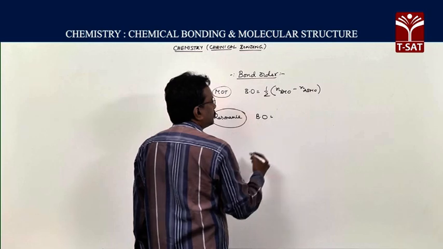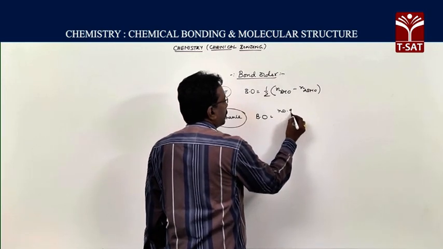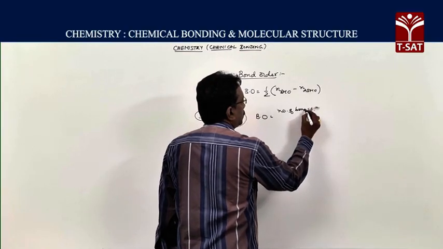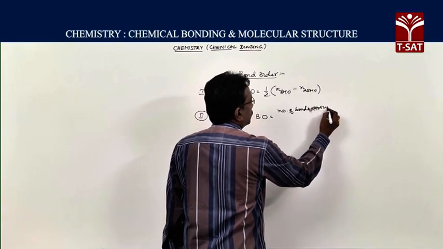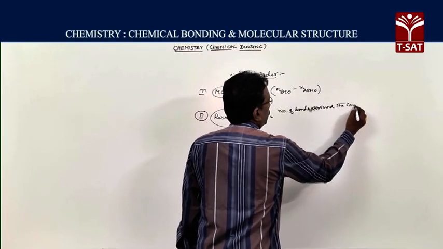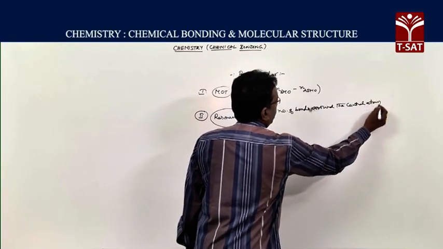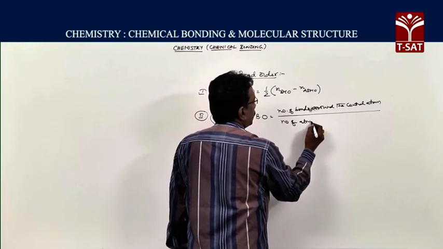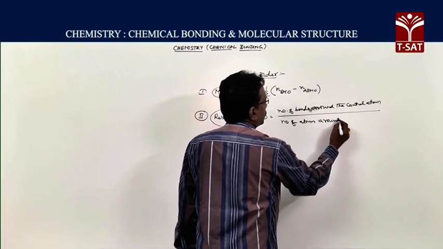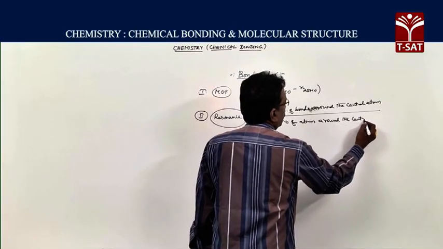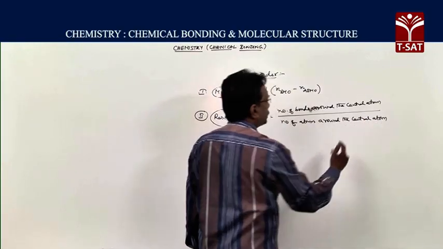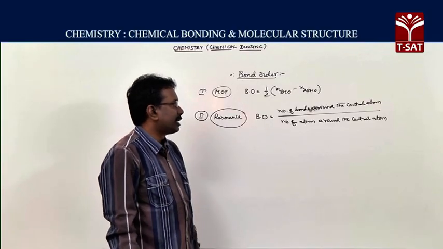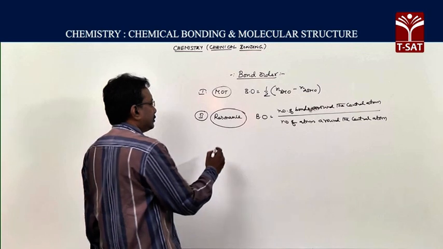Bond order is equal to total number of bonds around the central atom by total number of atoms around the central atom. For example,